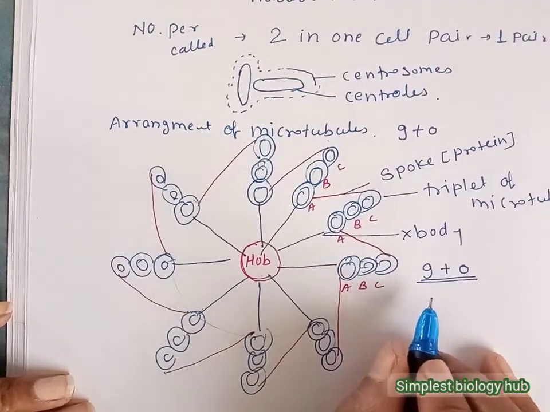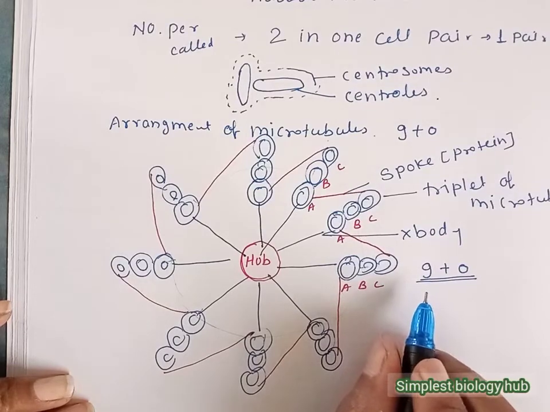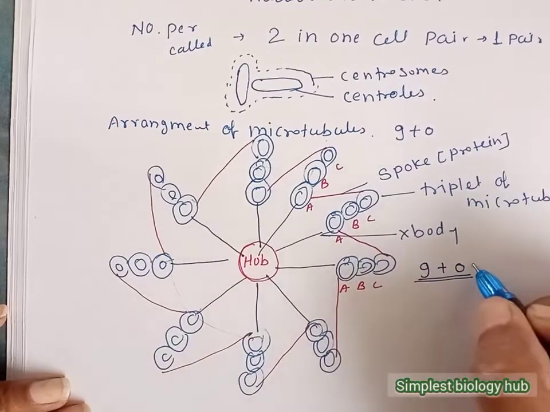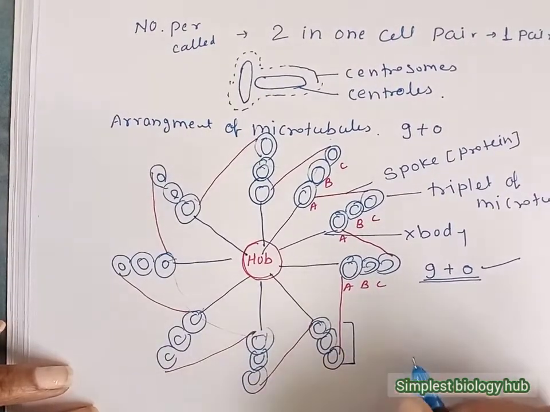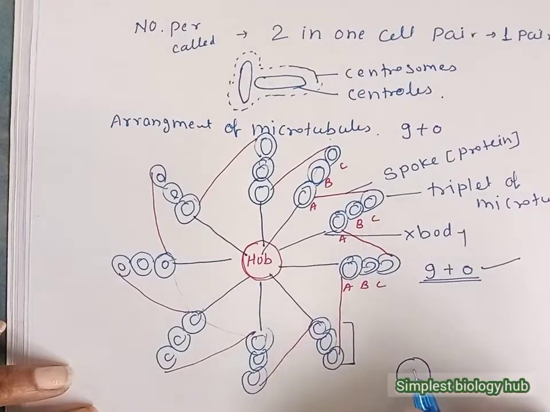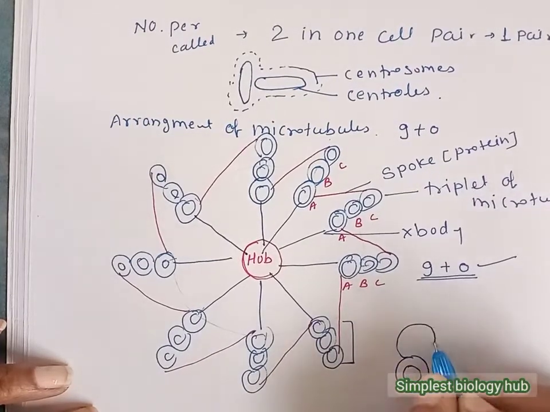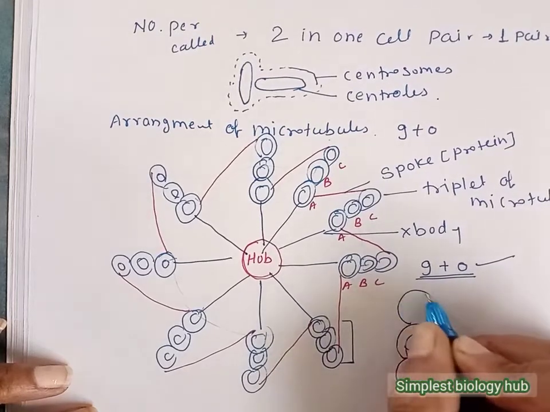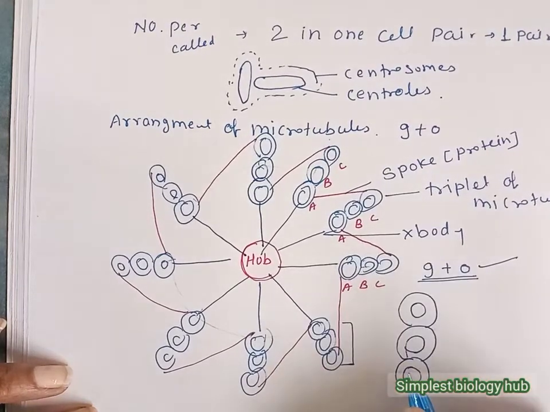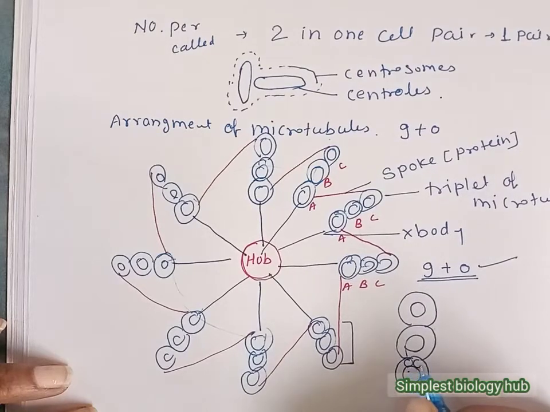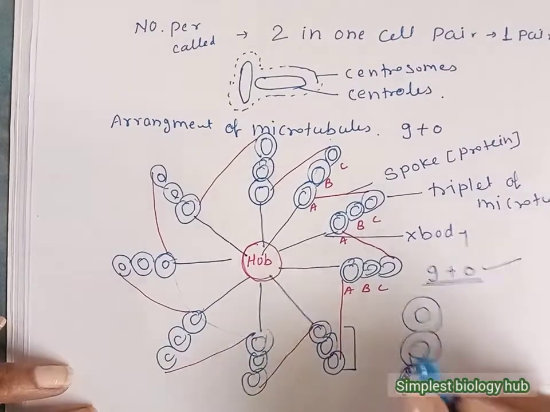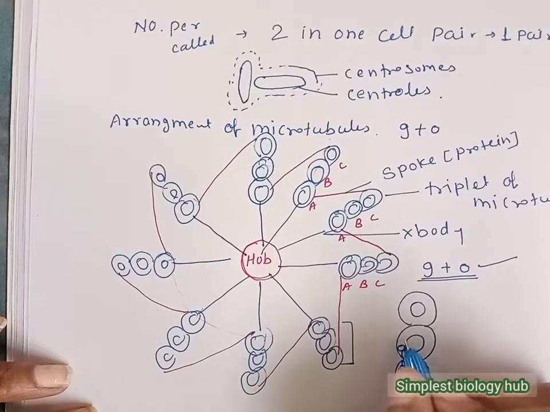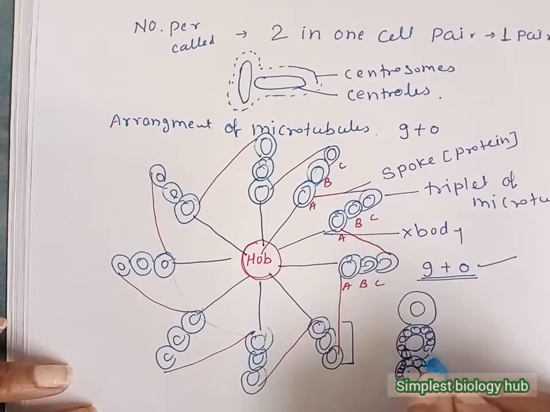Most of the time a question arises from that topic: what is the arrangement of microtubules inside the centrioles? And the answer is 9+0. Here we try to draw the single structure of the triplet. The lowermost one, A, is the whole particles. After that the B1 in this pattern and the C1 in this pattern. The A microtubular arrangement has 13 microtubules, 1, 2, 3 up to 13, and upper that 10 are located, 1, 2, 3 up to 10, in this pattern.